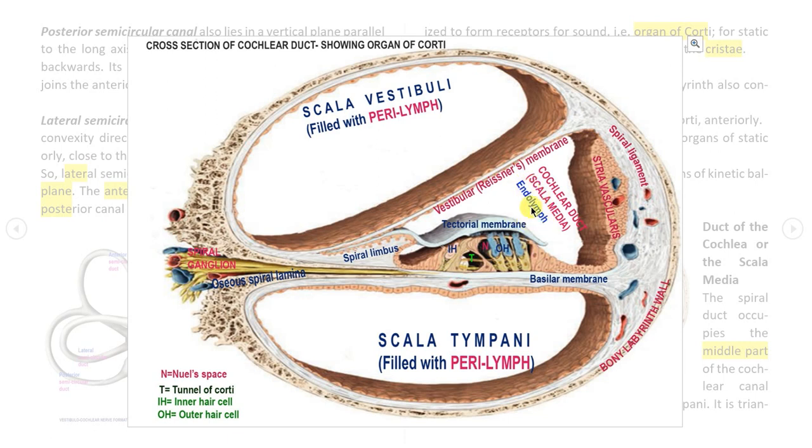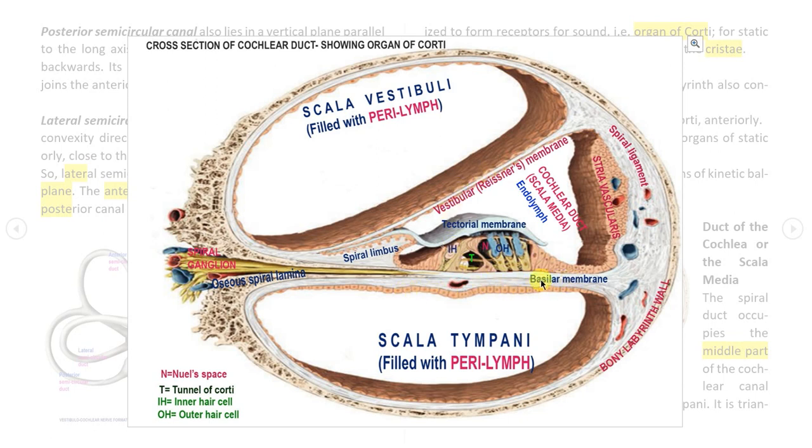Now this endolymph is secreted or synthesized by a specialized tissue called stria vascularis. This stria vascularis synthesizes and secretes endolymph. There are melanocytes inside this tissue. It is a highly vascular tissue. So these melanocytes help in synthesis of this fluid. Here we have the basilar membrane. This oblique one represents the vestibular membrane. It is also known as Reissner's membrane.